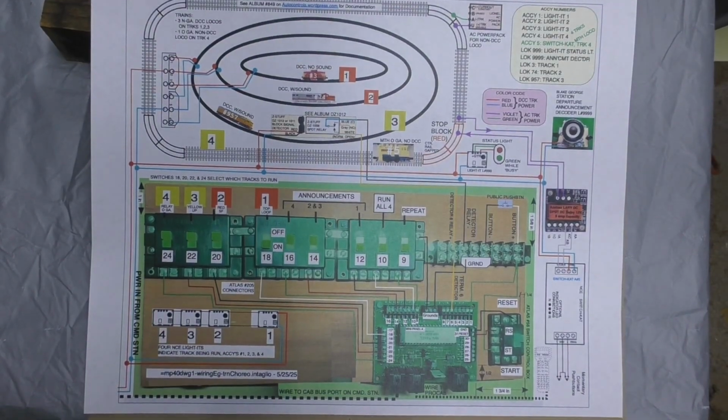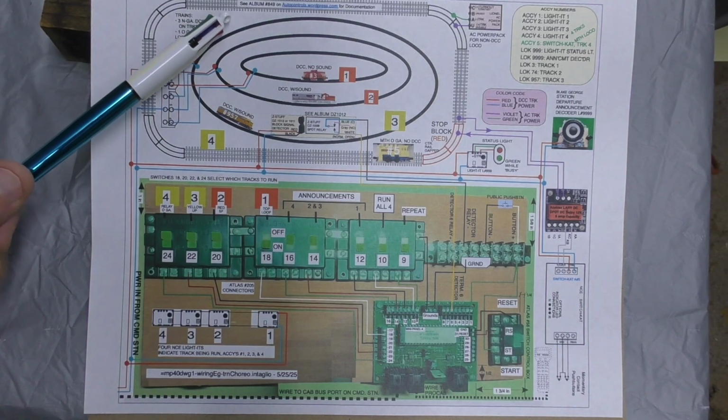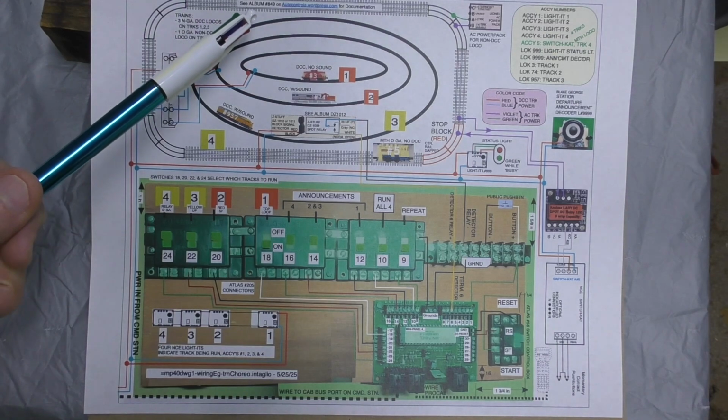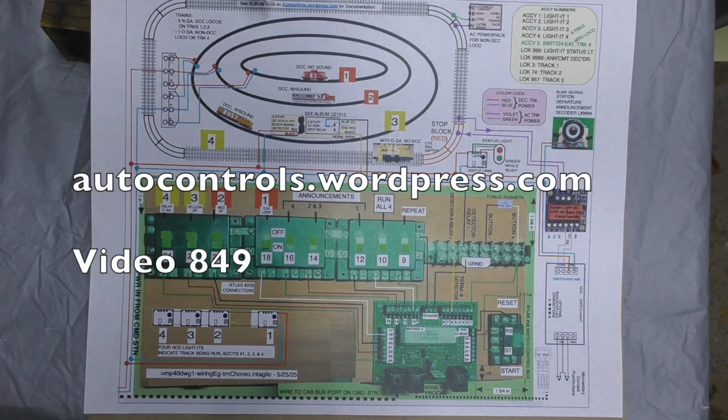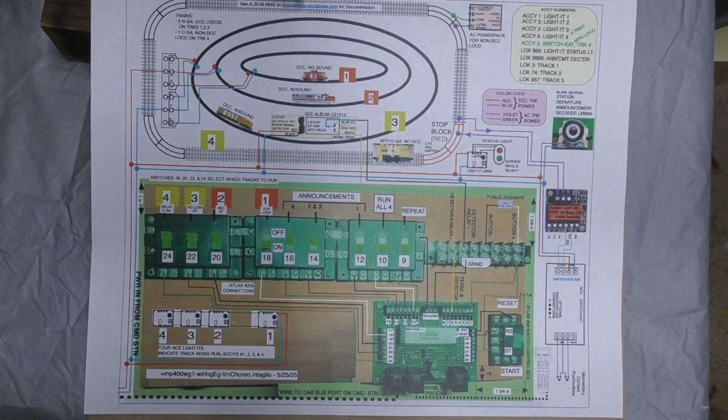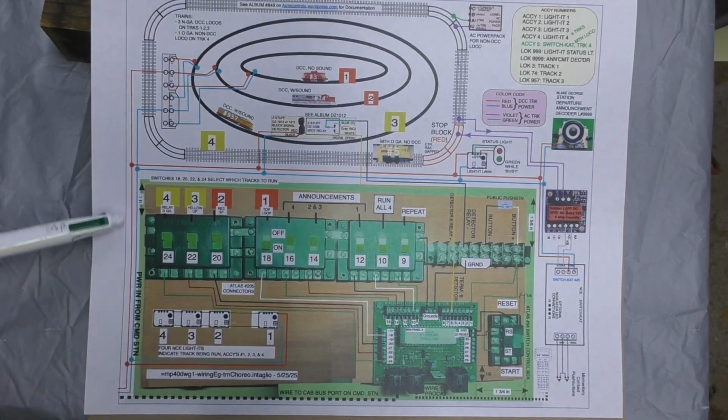Let's take a look at the wiring diagram for this setup. This drawing and the other documentation can be found on the documentation website at AutoControls-dot-wordpress.com, which is part of the AutoControls-dot-org website, and look for album 849 and video 849. What we've got here, we've got the control panel, pretty much the same as previous videos,